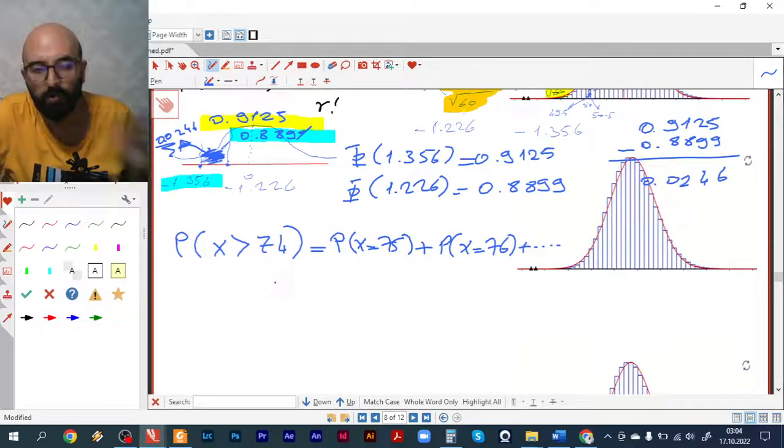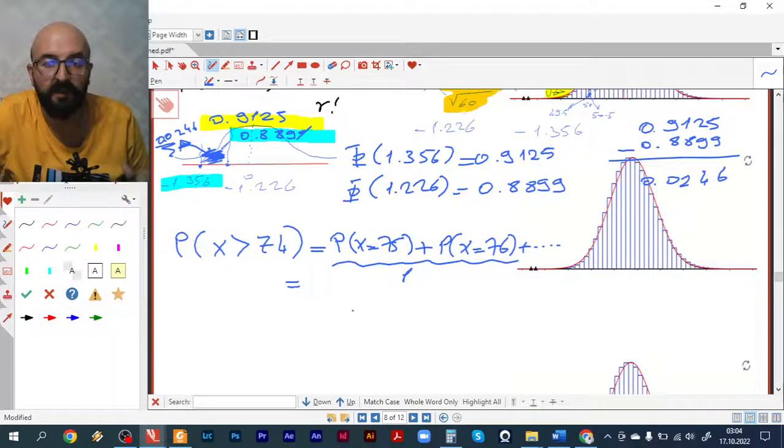The sum of all the probability values equals 1. So if you do 1 minus the probability of x less than or equal to 74,